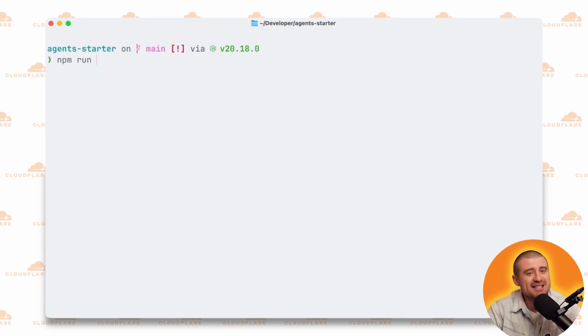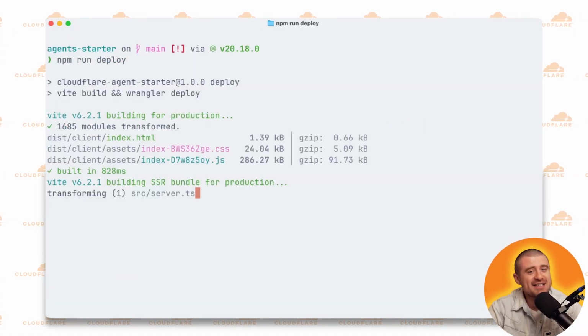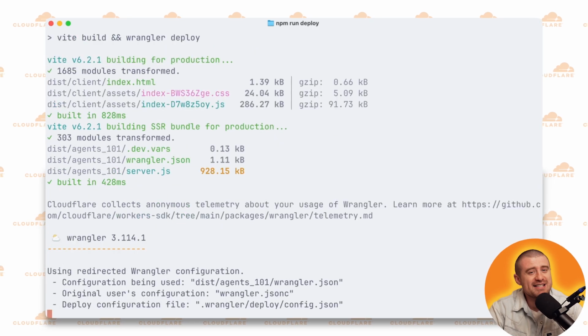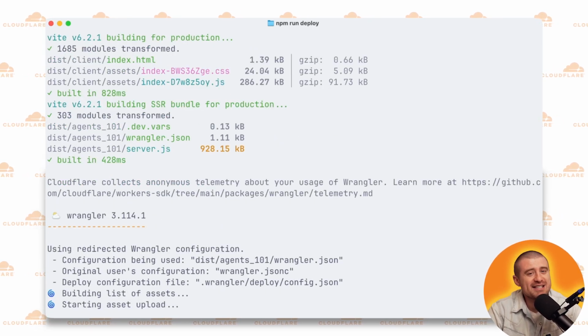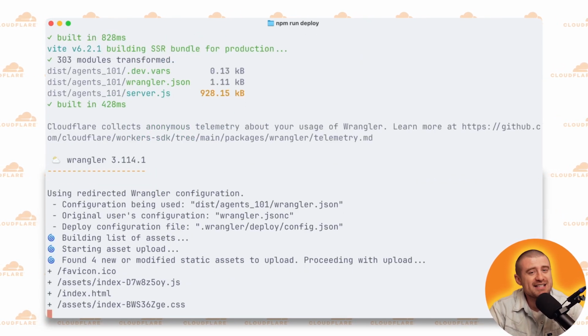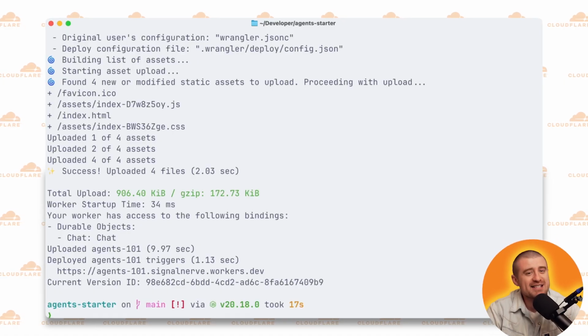So finally, I'm going to run npm run deploy. It's going to take my entire application, bundle it up, and deploy it to Cloudflare's developer platform, taking this application and distributing it to all of Cloudflare's servers around the world. So no matter where you're accessing from, it should be incredibly fast. So now we have